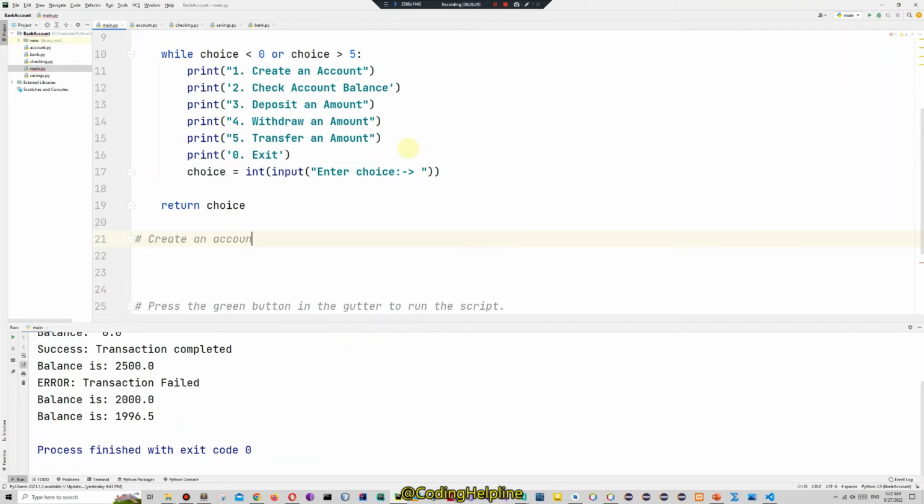Def create account, and let's pass bank as a parameter. So present menu to user to select account type,